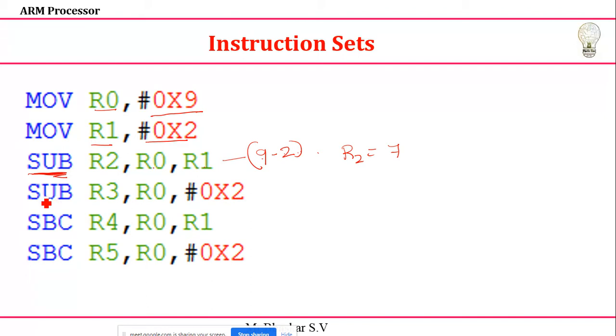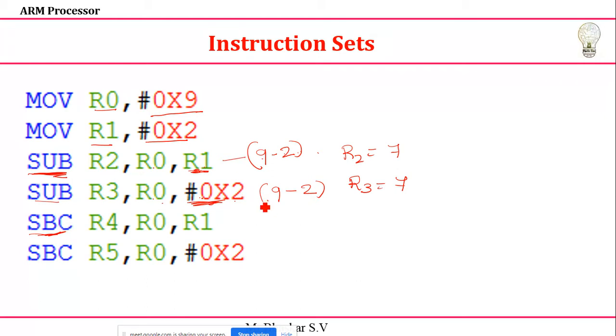Next, if you do subtraction, same process, but instead of giving a register, I'm going to give an immediate value. You can see R0 hash of 2. Again, same process, no changes: 9 minus 2. I give an immediate value here, instead of the register. Here also I'll get the result. In my R3 register also it is 7. No change at all. But now you tell me what is the result you will get for this case.